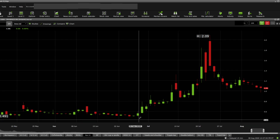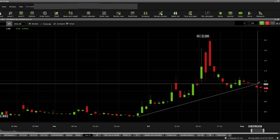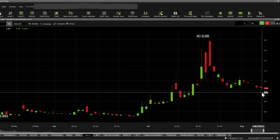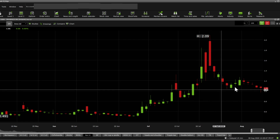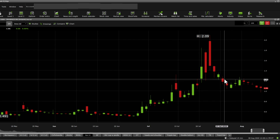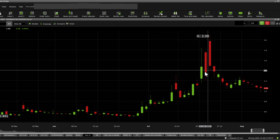And what we're seeing here is that the trend line that was formed has been broken before. So even if we pull back down, the trend line that is currently holding is literally the last trading day. That might be a little bit dangerous, and what might actually be forming here is a head and shoulders, though that is a bearish pattern. It has low reliability on that head and shoulders, but nonetheless it is not a good trend